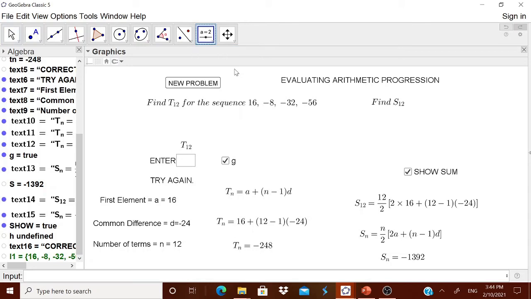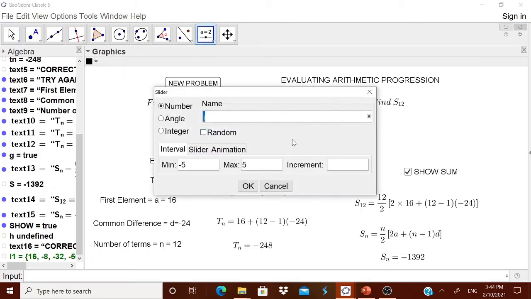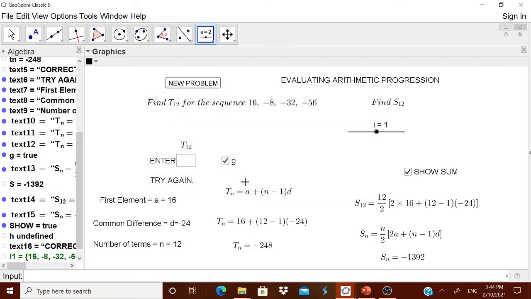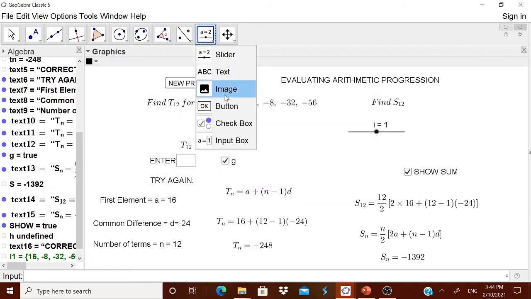For that, we will go for a slider. I think the new slider is automatically taking it as I, where we will have it from minus 5000 to 5000. I don't know actually what will be the final answer I am going to get. Because here the summation is coming as minus 1392. Therefore, you can have minus 10,000 to 10,000 also, there won't be any problem. We are not going to do anything because GeoGebra is going to do it. It's its job. Okay. Now, the child will be entering the answer. Therefore, you can go to this input box.